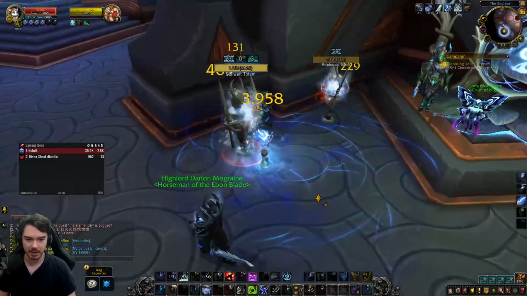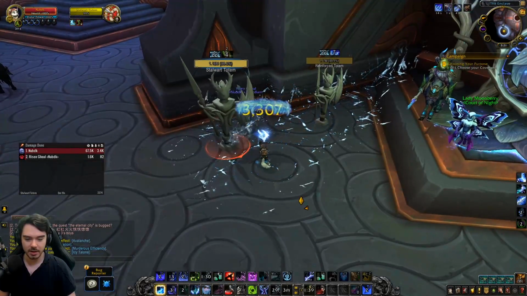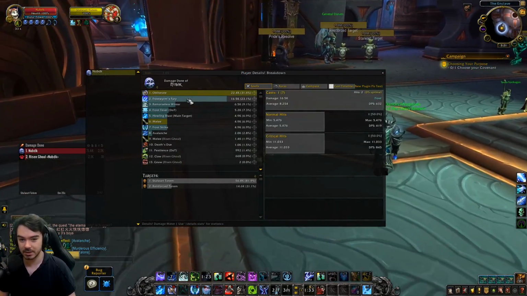Throwing out our Rime whenever we can. Trying to get those guys to cleave. Okay, cool. We should fire off our Frostwyrm's Fury. Awesome. And roughly speaking, if we look at our overall damage breakdown, you can see our Frostwyrm's Fury obviously hitting 2 targets